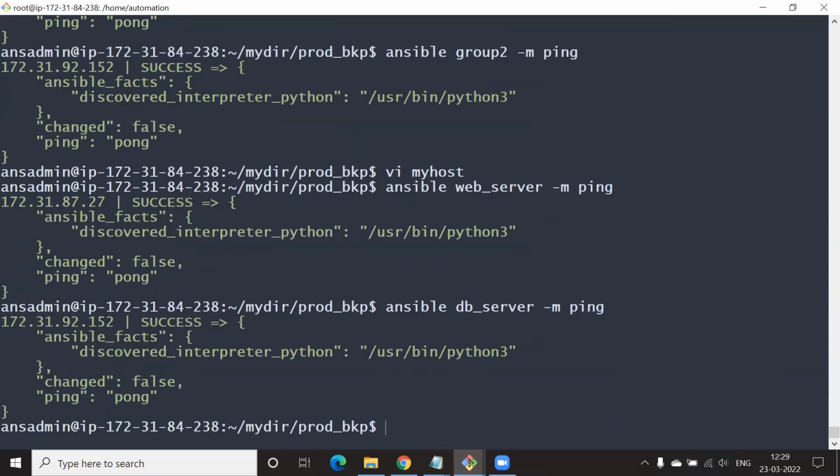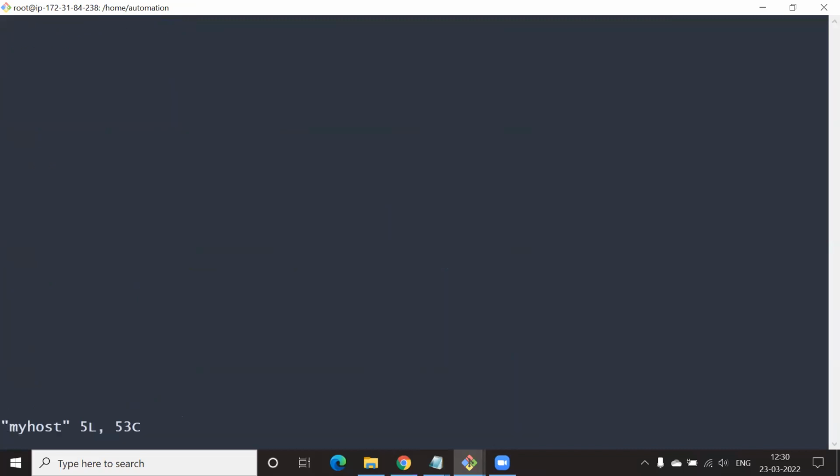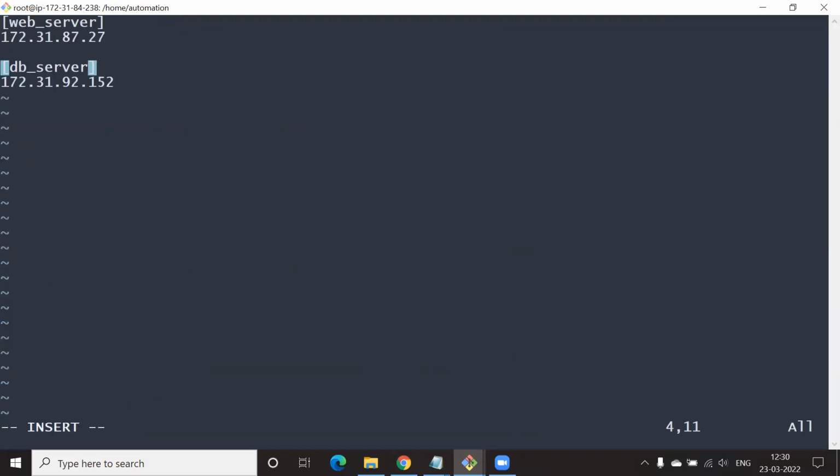And let's see. Okay, so now go back to the my host file. This time we'll create a new group. Come all the way down and open square brackets. We'll call this, let's say, all_servers, something like that, whatever you want.